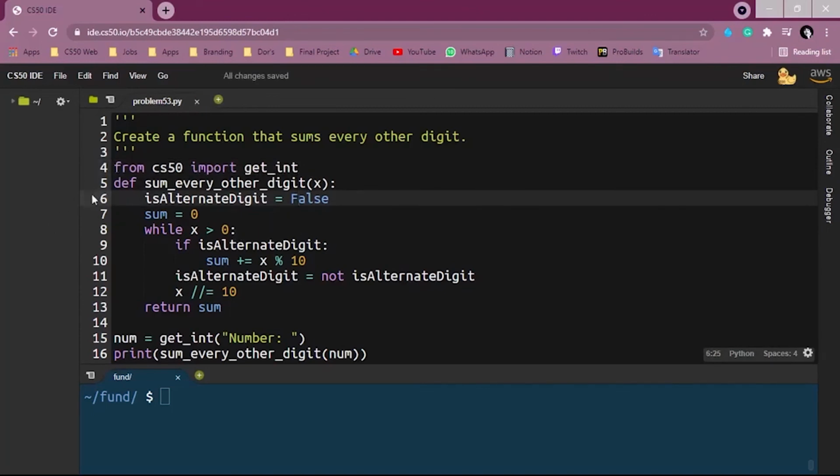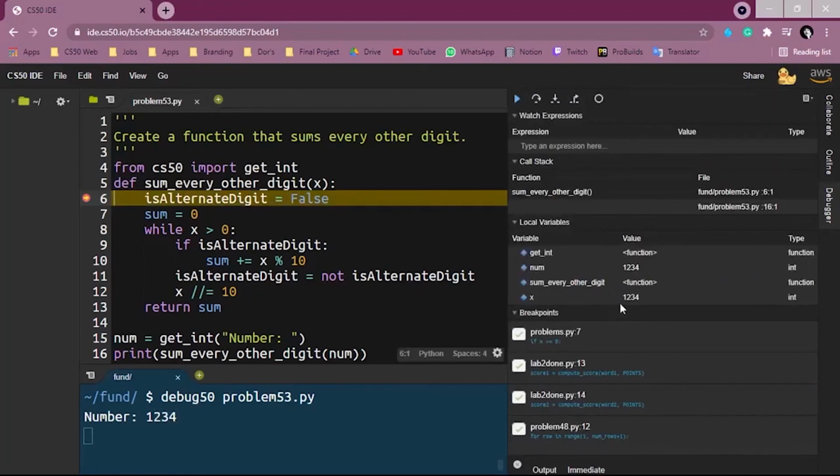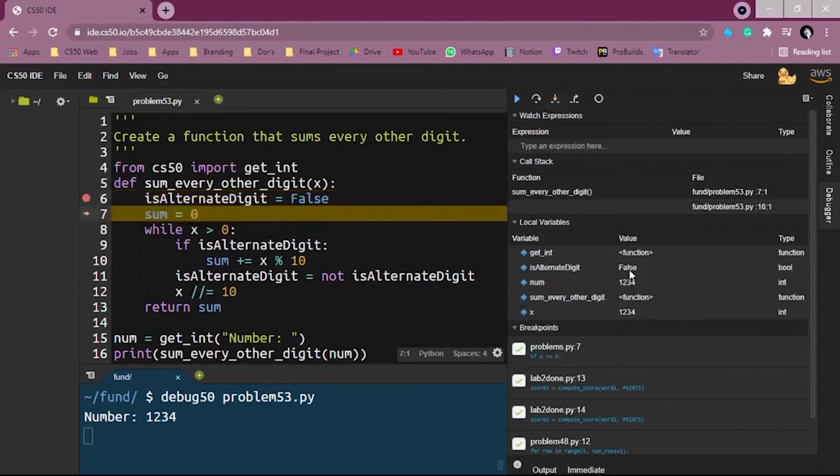Okay, so let's put a breakpoint here on line 6 and let's check what happens. So debug50 problem53.py, and let's see what happens. So basically I'm going to pass the number 1, 2, 3, 4, okay, and let's see what happens. So we have here x equals 1234 because we call the function here and we enter the function that sums every other digit, and we're initializing the variable is alternate digit to false. Okay, so here false,